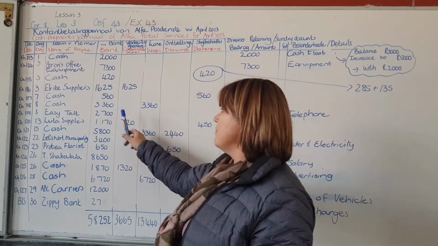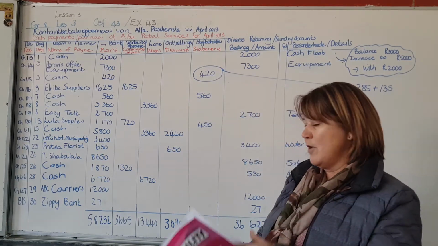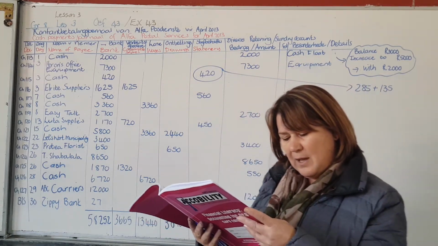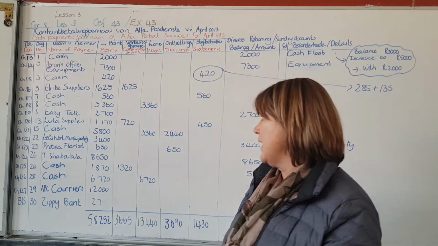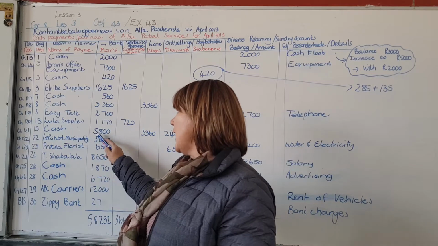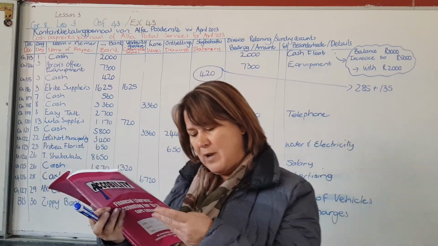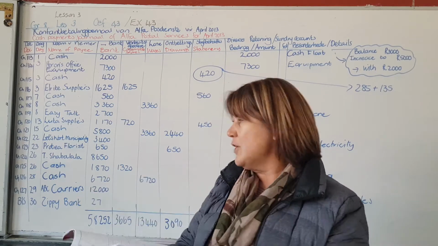If you add that, it gives you the amount of your check of 1170. Then on the 15th, cash a check for 5,800 Rand. So check 121 on the 15th, it was a cash check for 5,800. But then it reads, it was for wages